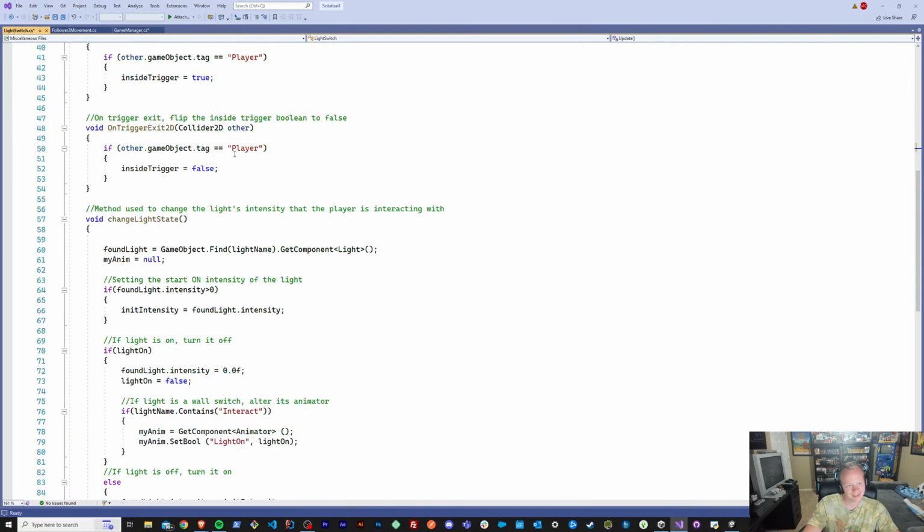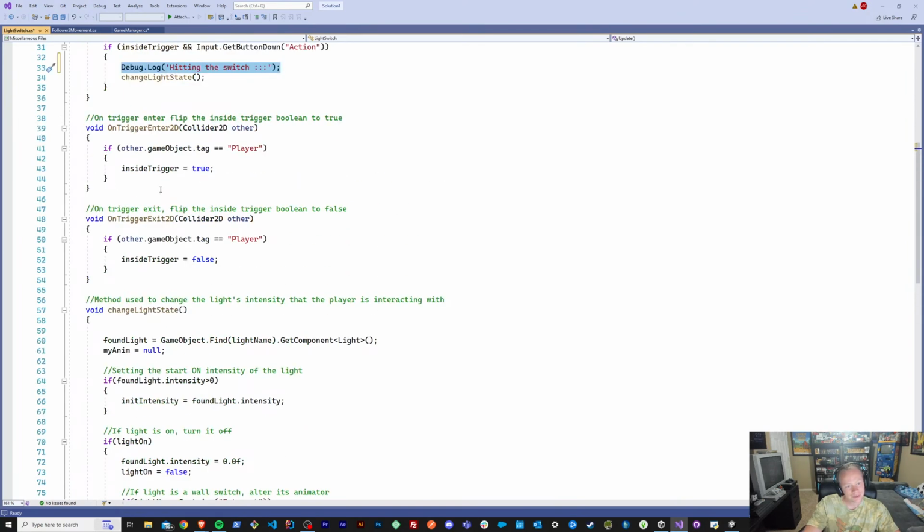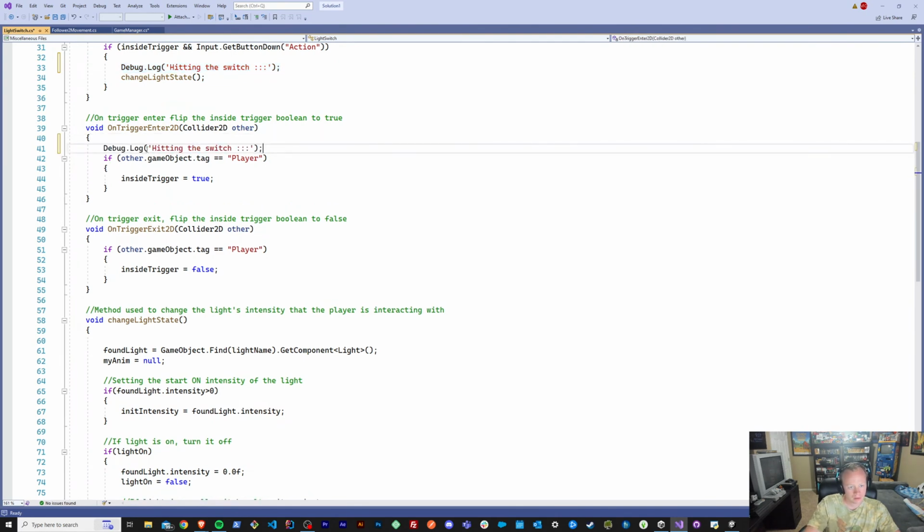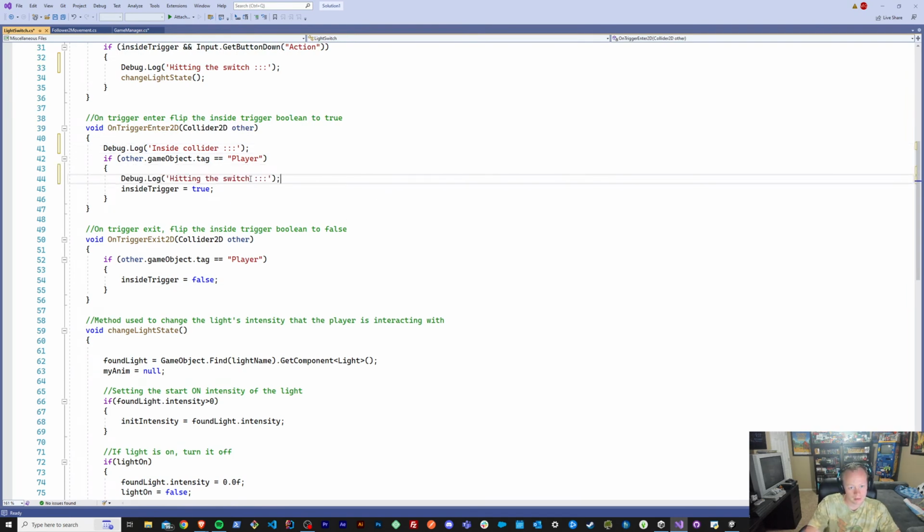I've got so used to it. And then I also want to know that we're in the collider. And I also want to know that I am the player. Hitting the switch, inside. This is going to emit an enormous amount of debug logs,